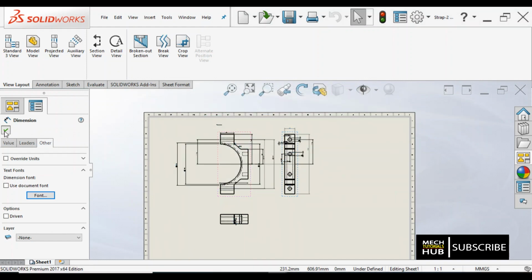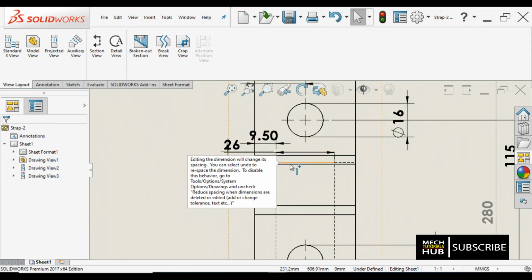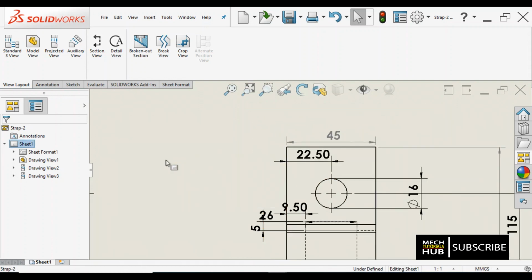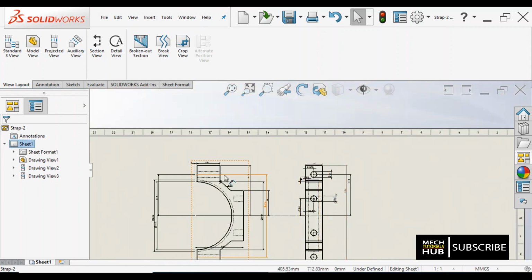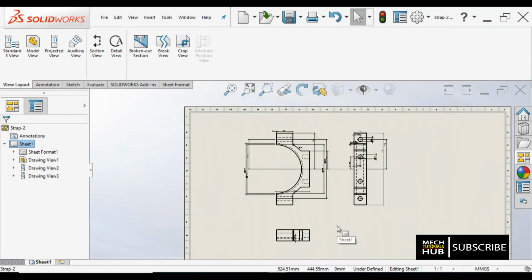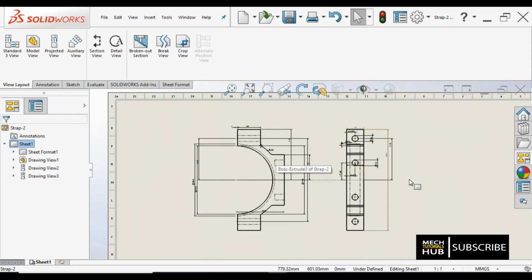Okay, then say okay, then say tick mark is fine. Now have a look at the dimensioning. All the dimensions are bold, which is having 5 mm of size. Okay, this can also be done, but just to make you understand, I'm doing all the stuff. Okay, these are the different options that we could use, which is very much helpful.